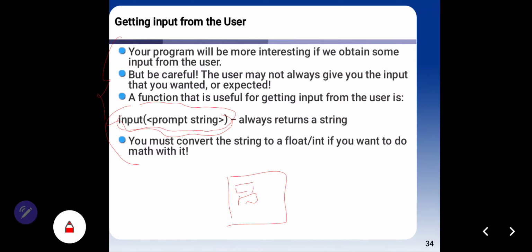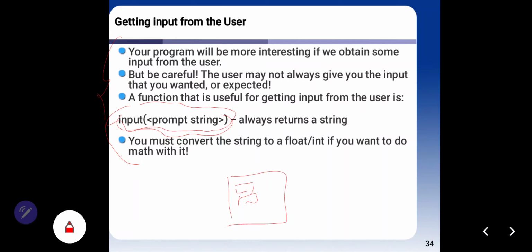Okay, I will read a little explanation about getting input from the user. Your program will be more interesting if we obtain some input from the user. There are two kinds of values, dynamic and static. Dynamic depends on your user, and this value is always different.